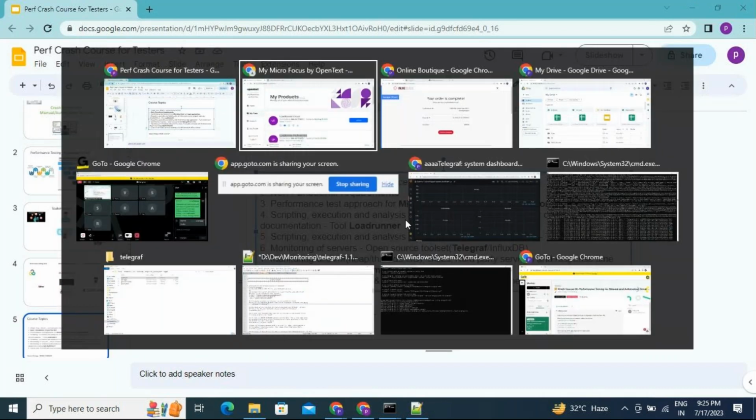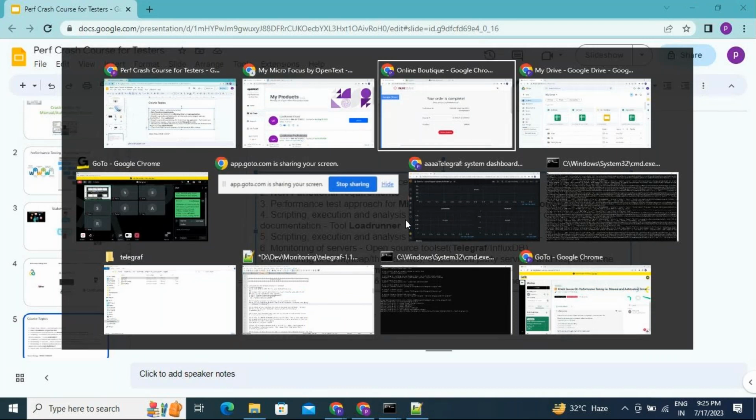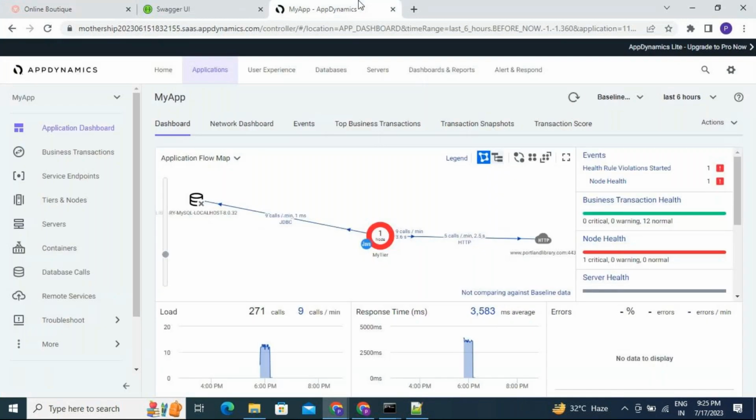I'll just quickly show AppDynamics as well. Again, AppDynamics also has a trial version. You will be able to register and then use it, configure it against a Java application. I will provide you a sample Java application which you can deploy in a Tomcat, and then during the session you will know how to configure it and how to monitor your application